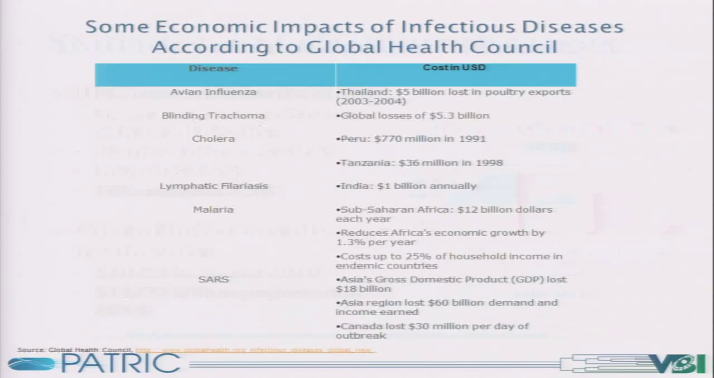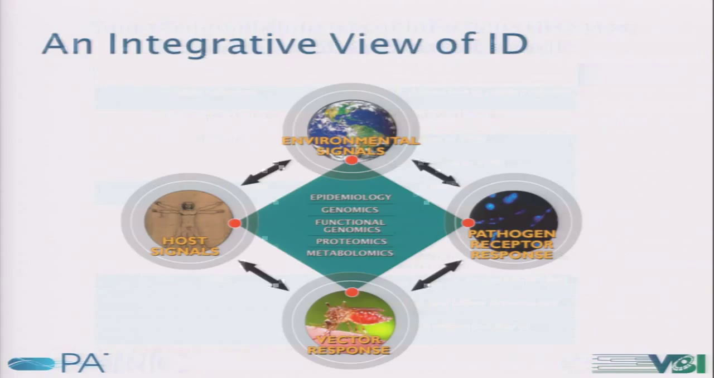And just a few examples that you've probably heard about in the news, in terms of just financial costs. Things like avian influenza. In Thailand, there was over $5 billion lost just in poultry exports. You probably all heard about SARS. Here are some of the impacts of SARS on Asia. $18 billion lost in terms of GDP, demand and income earned, and how much Canada was losing every day of the outbreak. These are just some examples that there are also financial impacts, but of course the human suffering is the largest